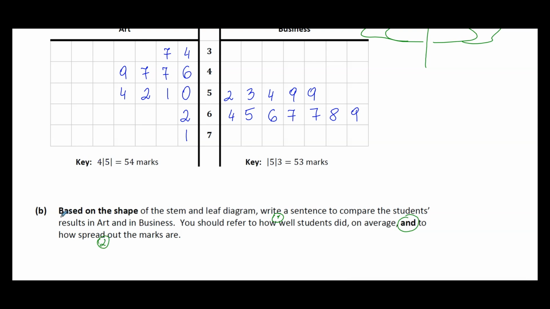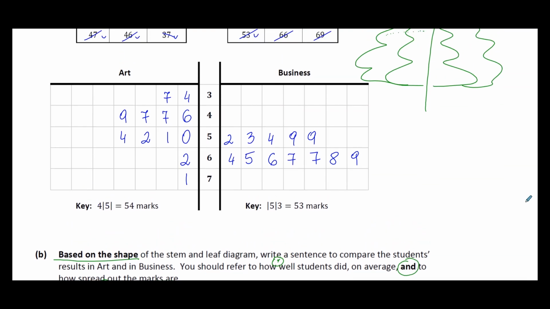And we are doing that based on what? Based on the shape. So if we look at how well students did, we can see the shape here. They did very differently, didn't they? Here we have some students that got marks in the 30s, 40s, 50s, and even 70s. So we can see that